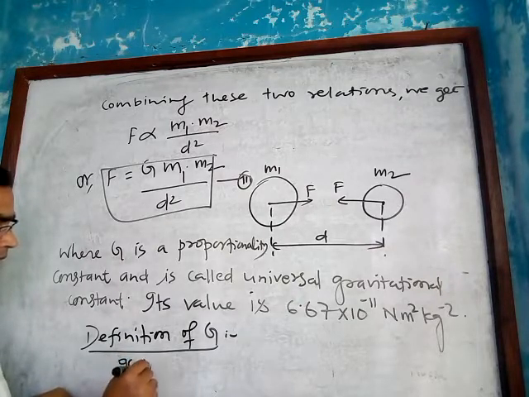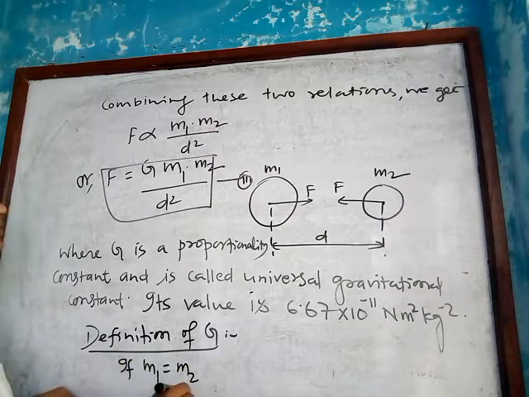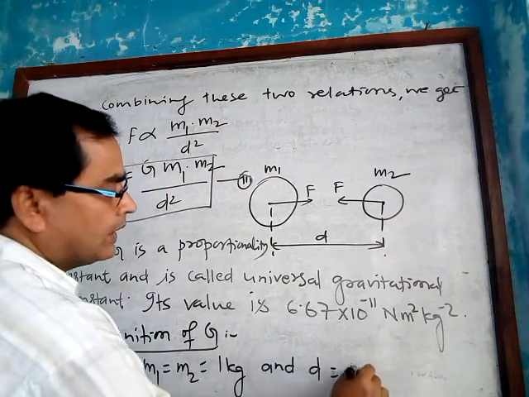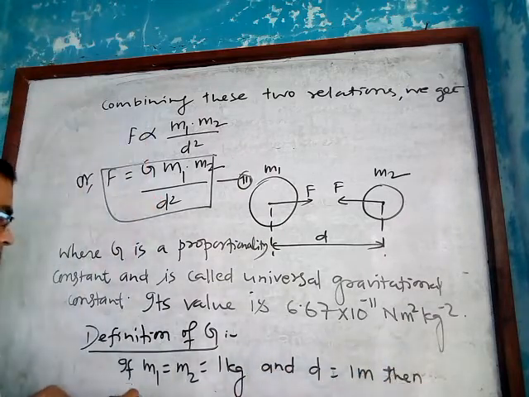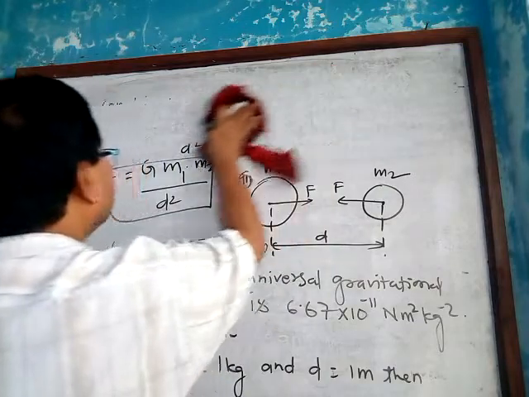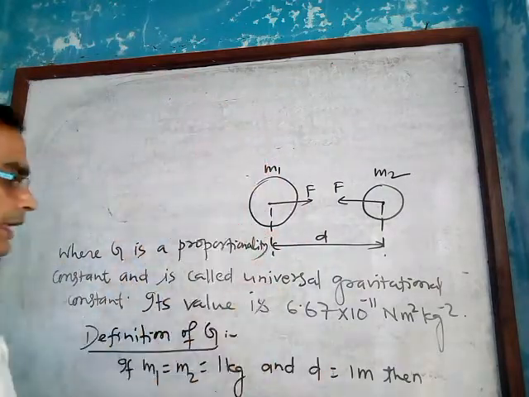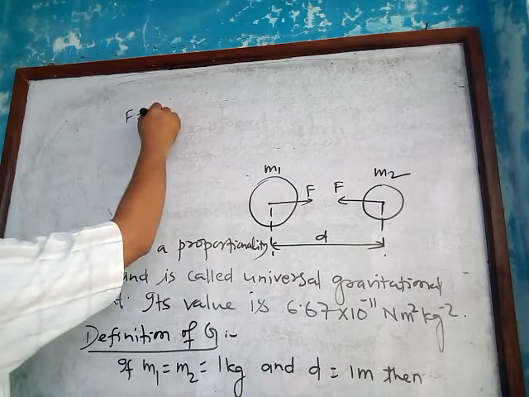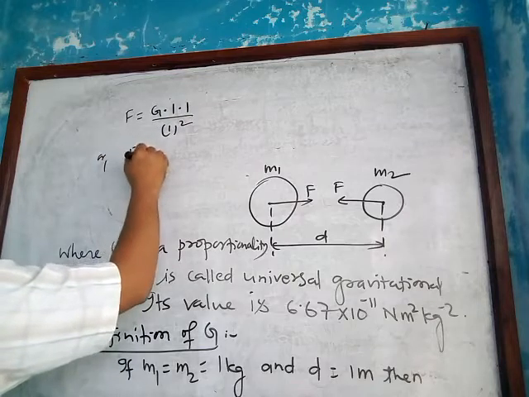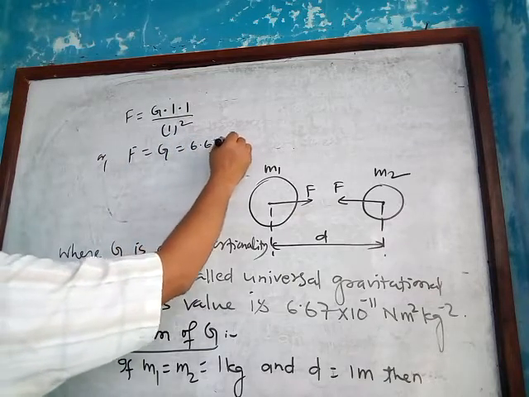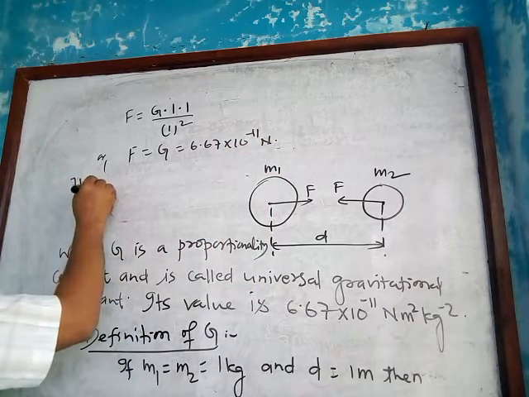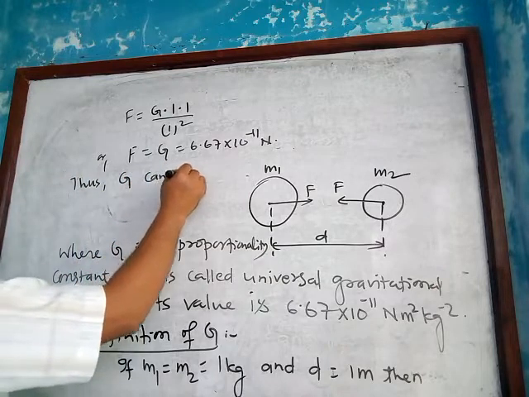If m1 equals m2 equals 1 kg and d equals 1 meter, then F equals G into 1 into 1 upon 1 to the whole square, so F equals G equals 6.67 into 10 to the power minus 11 Newton. Thus, G can be defined as